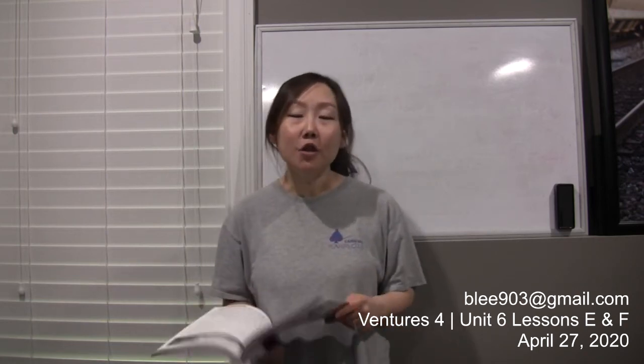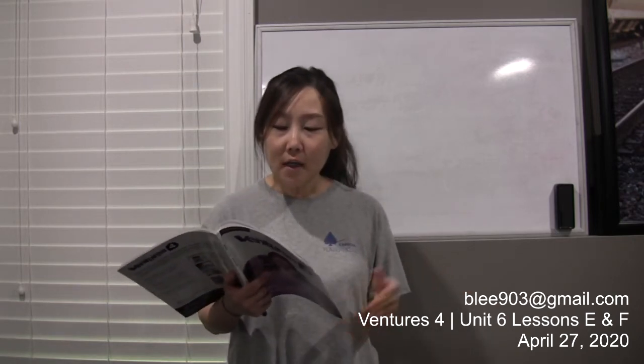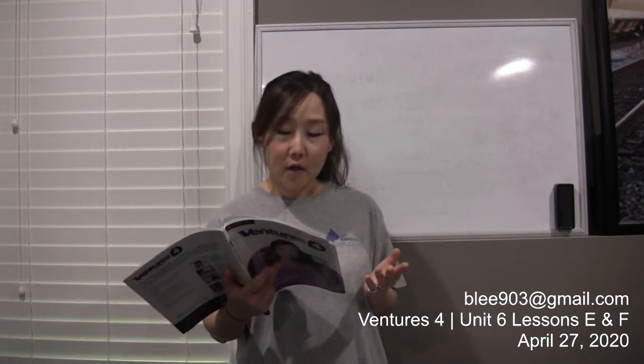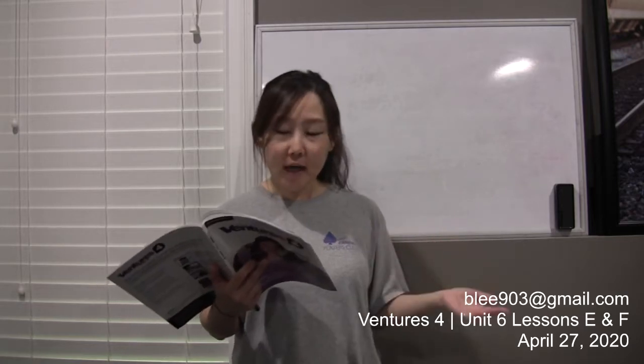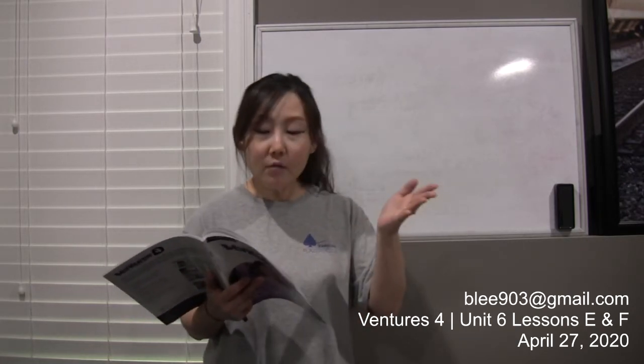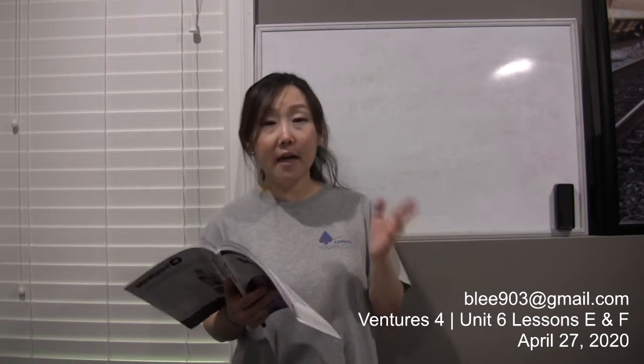Okay, so now I want you to open your workbook to page 76. Workbook page 76. You'll see another survey titled, Who Owns Electronic Products? The question is, which electronic products do you own? We can see cell phone, digital camera, DVD player, laptop computer, and television. And then we can see two groups of readers: percent of readers ages 18 through 29 and percent of readers ages 30 and over.